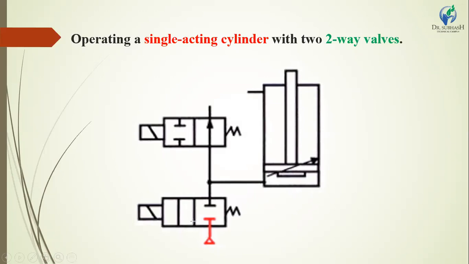First, the condition we have to show here. This symbol represents a hydraulic power pack, where the hydraulic oil is coming from the hydraulic tank. The next condition is operated in one direction by a solenoid, and in the second direction it returns with the force of a spring. At this time the 2 by 2 valve in the secondary position is closed, meaning oil cannot pass in its return direction.